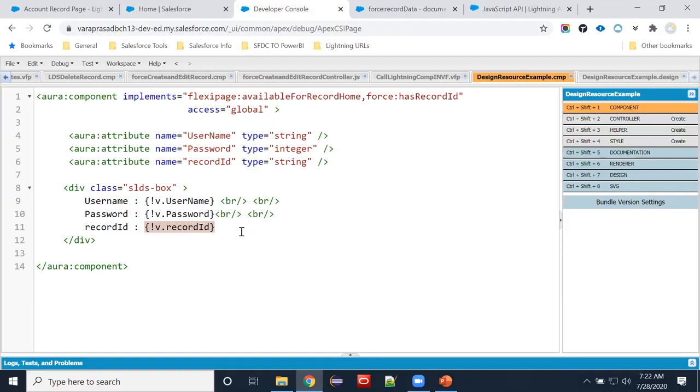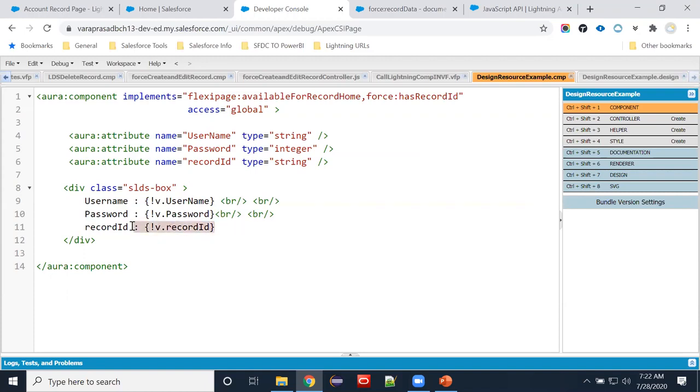What is the difference between bound expression and unbound expression? If the value is changing from parent to child in the UI, then it is called bound.